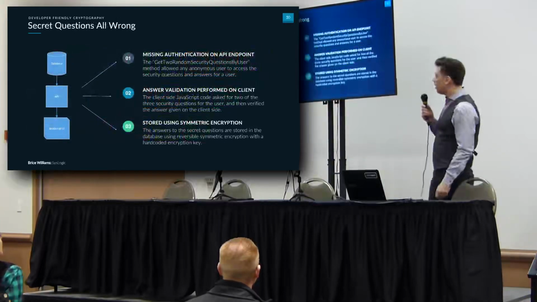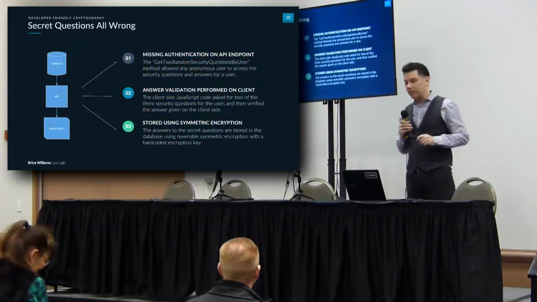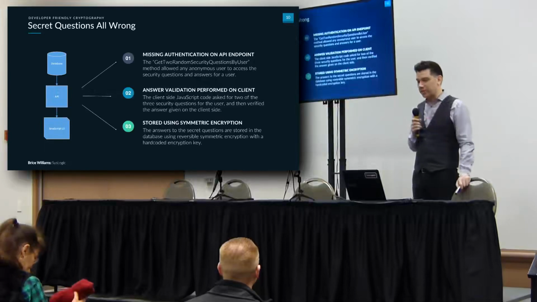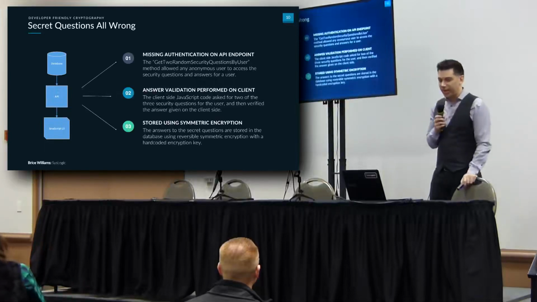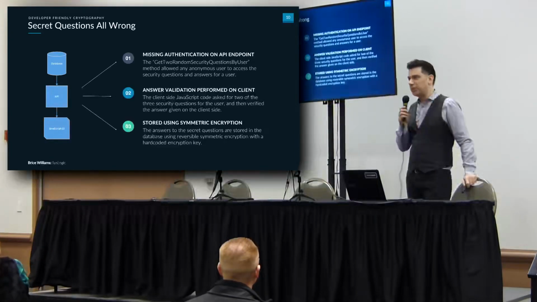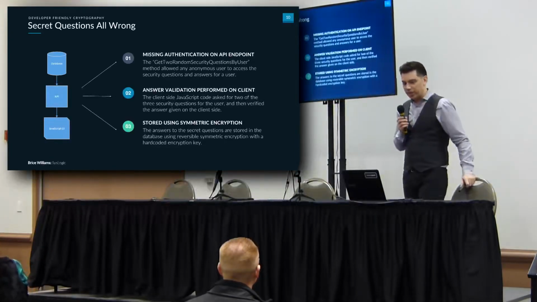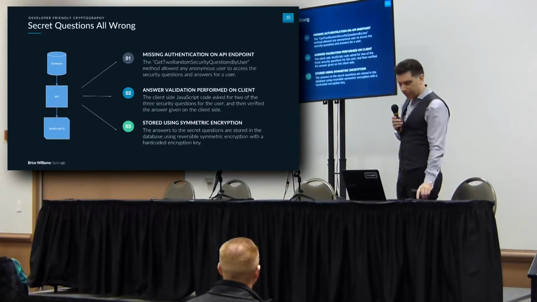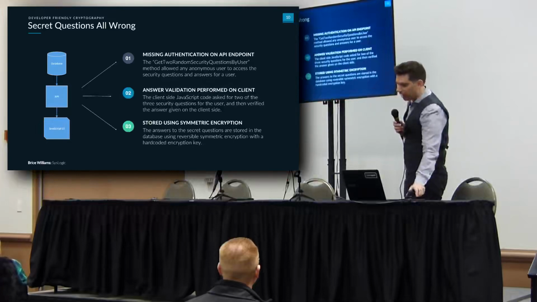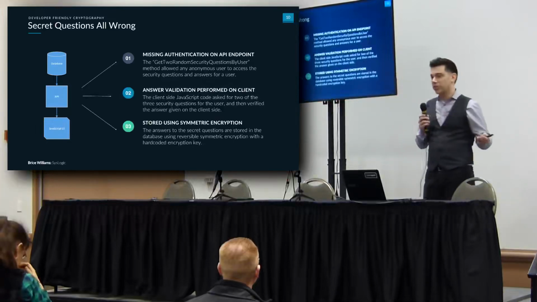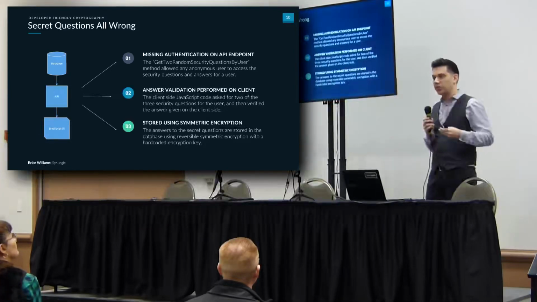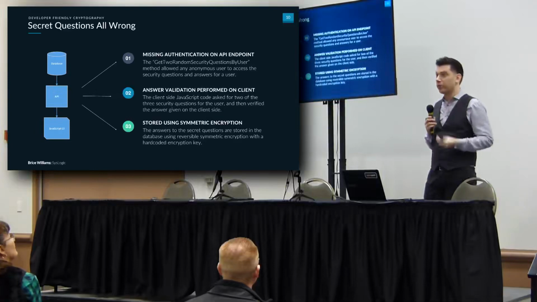Here's another example. It's not entirely cryptography based, but this is looking at a system. This is a cloud-hosted, typical web system with a database backend, an API front end, and a JavaScript UI. We highlighted three different issues in this particular implementation. We've got missing authentication on the API endpoint. There's a function called get random security questions by user that allowed an anonymous user, so no authentication, to ask this based on a user ID and get back the user's secret, two of their three secret